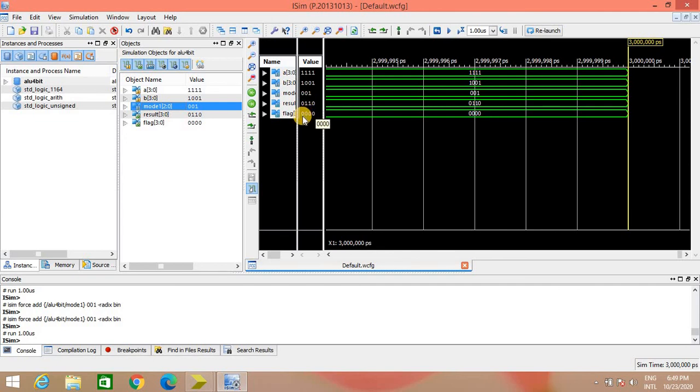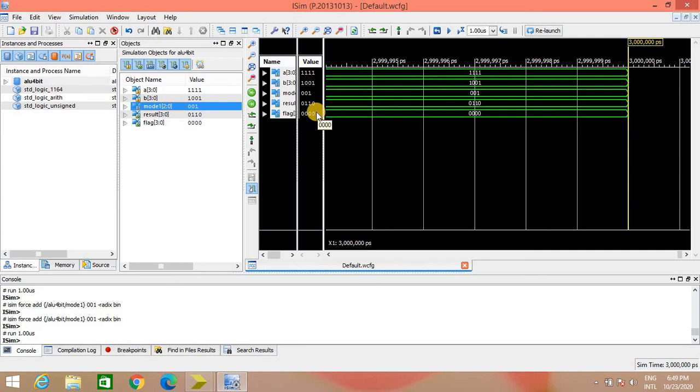Here the sign flag is the same as the MSB of the result. It is a non-zero result, so my 0 flag is reset. No borrow is generated, so the carry flag also remains 0. And this is how we have generated a result and the status of the flag register.